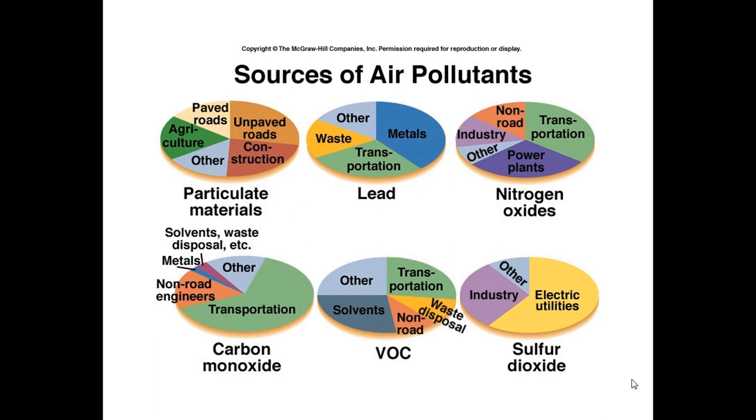So in conclusion, this graph shows us various sources of air pollutants. We already know what particulate materials are, so some activities that will contribute to that, or sources, for example, agriculture, paved roads, unpaved roads, construction, etc. All of these activities will contribute to